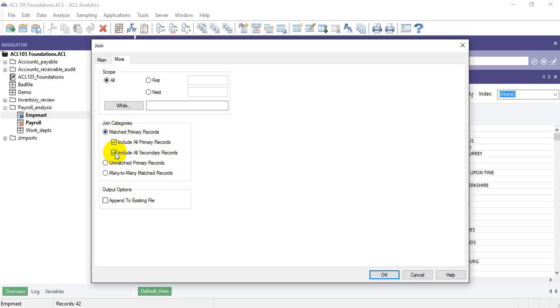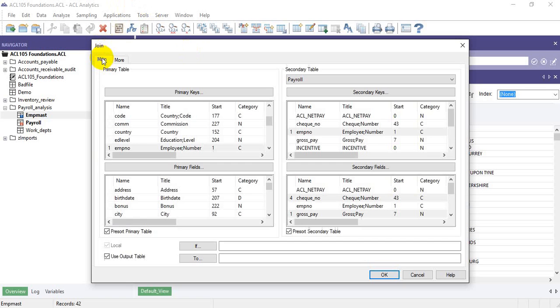Now for this particular example, we just want a matched record, so that if there is any record that has an unmatched record in either the primary or the secondary table, you should just leave those ones out. So we just uncheck these boxes, then we go back to our main tab, then where we have the two,